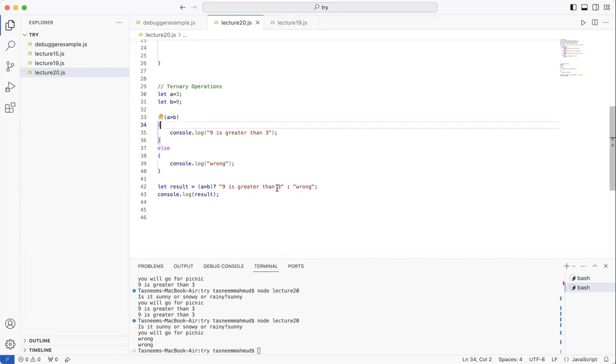Okay, so that's the first option. Now then, in order to separate it from the next option, we put a colon and we write the next option, which is wrong. And whatever the result is, in this case, since A is not greater than B, the answer is stored as wrong because that's how we programmed it. And over here it shows wrong. It shows the same for if and this. Does it make sense?